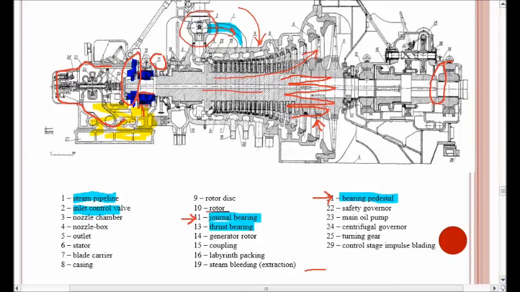In the case of a single pressure turbine, that is, there are two types of turbine. One is a single pressure turbine and the other is a double pressure turbine. In a double pressure turbine,